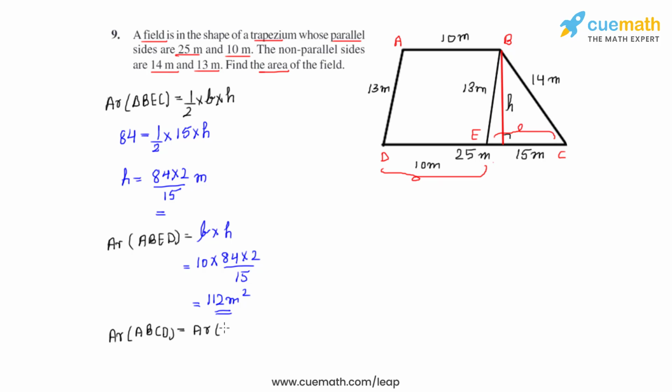equals the area of triangle BEC plus the area of parallelogram ABED. Let's start substituting the values. We add 84 plus 112. So we get the area of the trapezium field ABCD to be equal to 196 meters square. And this is how we find the total area for the field ABCD, which is in the shape of a